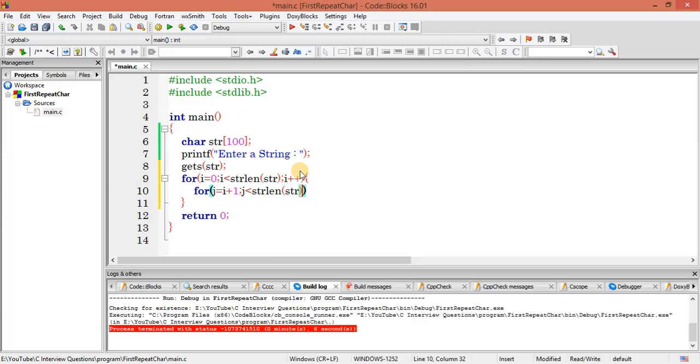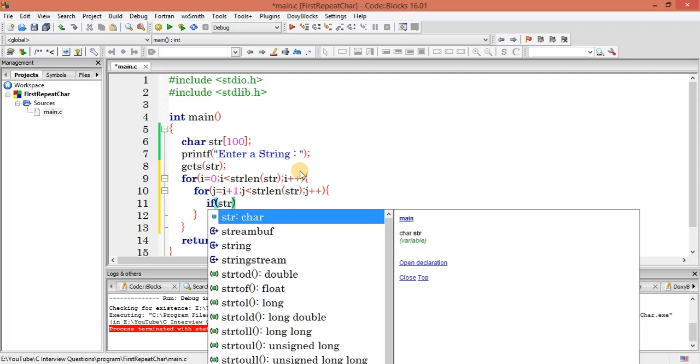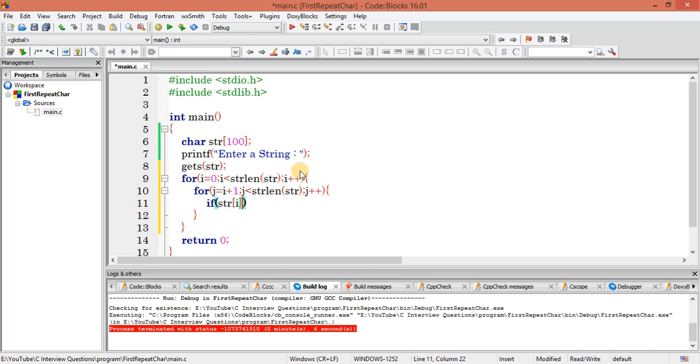Okay, now j plus plus. Okay, so we got this one. Now I will write one condition, if str of i equal to str of j, that means they matched, it found two values, more than one value.